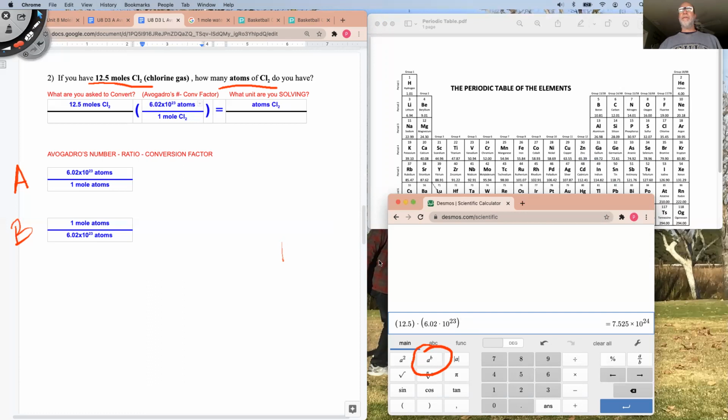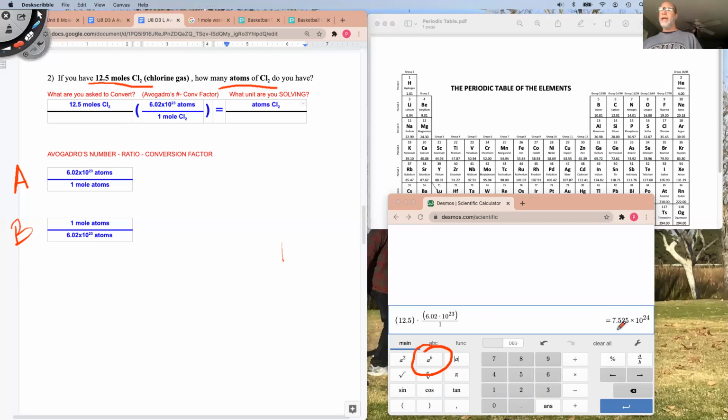And then I'm going to divide by 1. You want to divide by 1? Fantastic. Divide by 1. Let's see what happens. All right, so what's our answer? Well, 12 moles times this many atoms is going to be 7.525. Now, remember what I said, we're always going to want to have at least 3 numbers after the decimal place if possible. We have those 3 numbers, which means we are going to keep all of these digits. So the answer is going to be